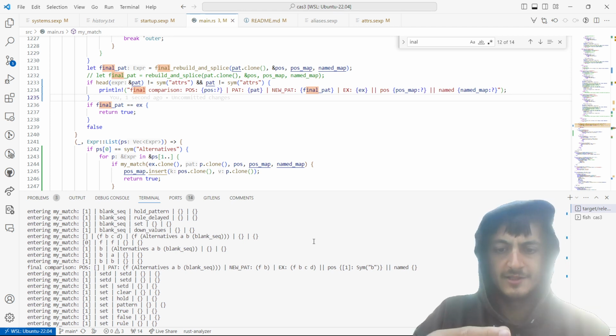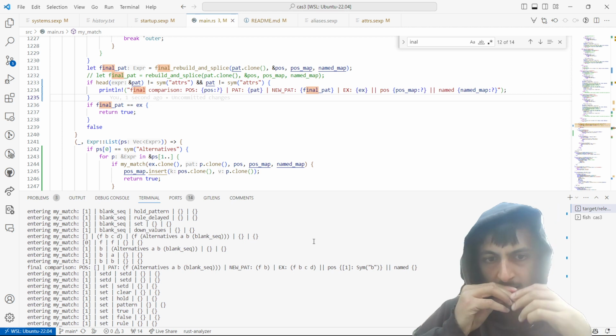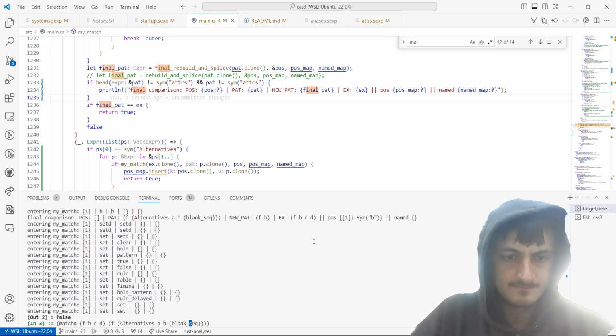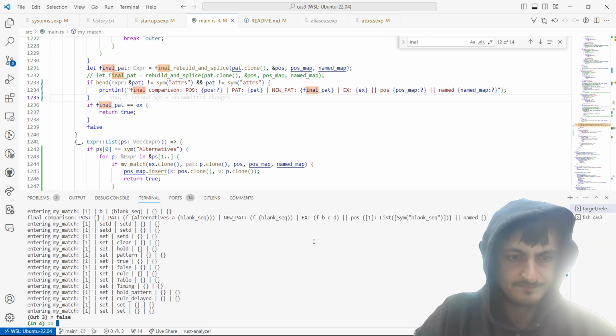We need to remove it, right? Because if we do this,